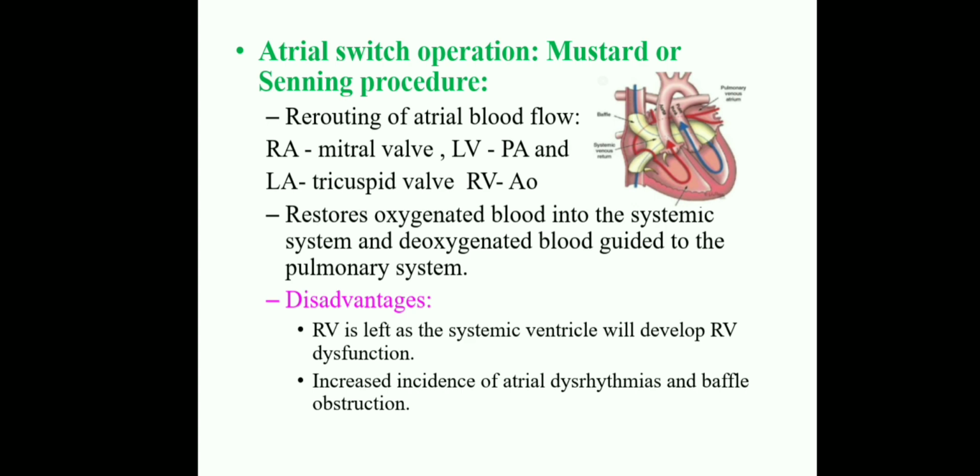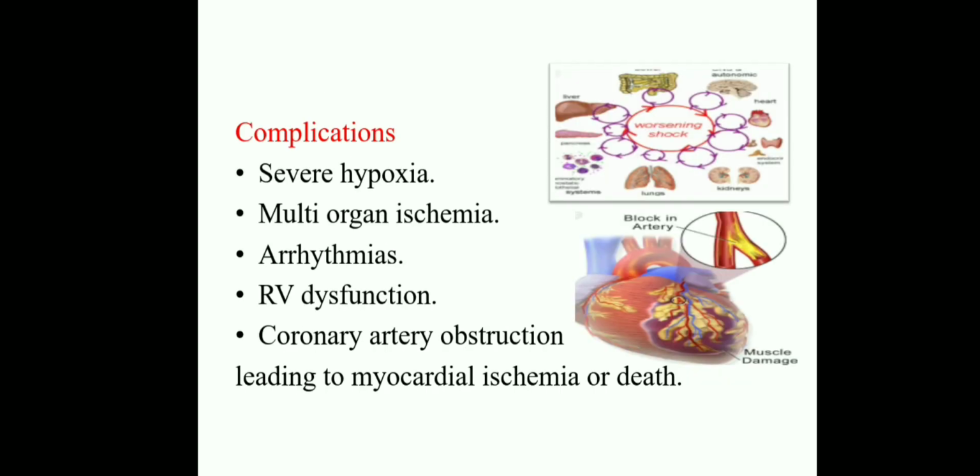These are the surgical interventions for transposition of great arteries. And coming to the complications are severe hypoxia, multi-organ ischemia. Why is this multi-organ ischemia? Because the oxygenated blood is not there properly, so the mixing of oxygenated and deoxygenated blood is there, and the child suffers with cyanosis. So organs are not receiving the oxygenated blood, so multi-organ dysfunction is there, that is lungs are damaged and kidneys are damaged, the brain, intestines, liver, spleen and everything is damaged. So it is called multi-organ ischemia.